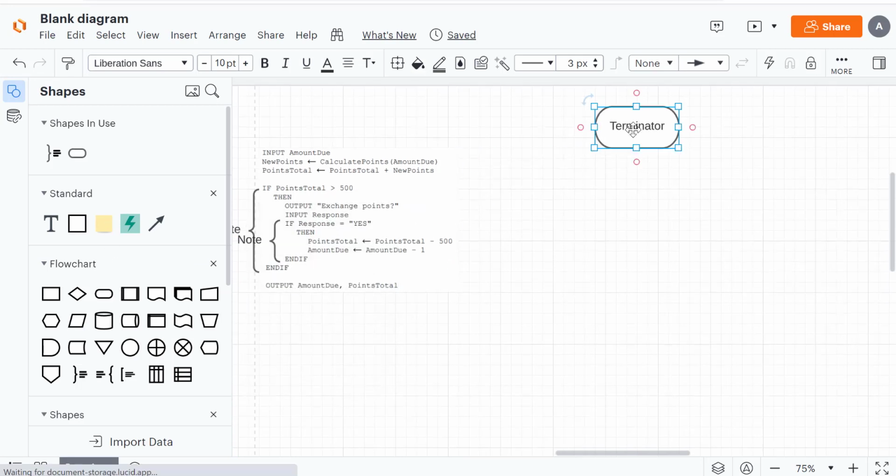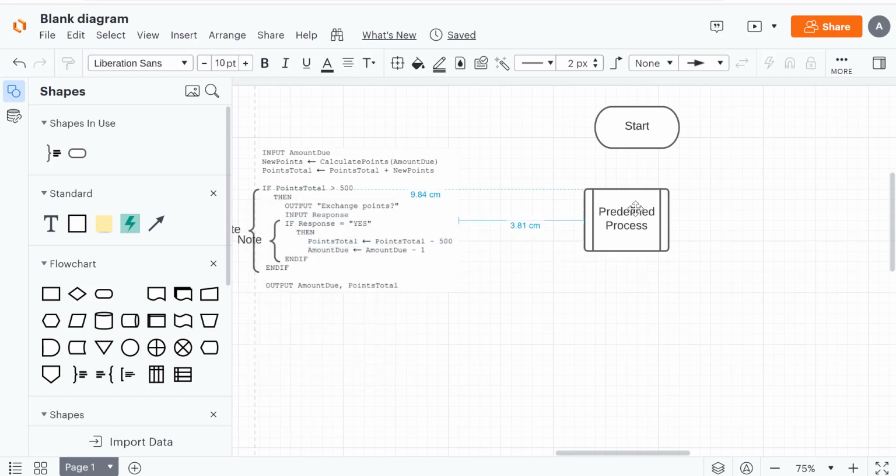We've got our start. Straight away I see this line here, the second line, and we can see by the mouse cursor hovering over calculate points, amount due, that this is either a procedure or a function. Well, we know it's a function because it's returning a value into new points. So we need to use this,